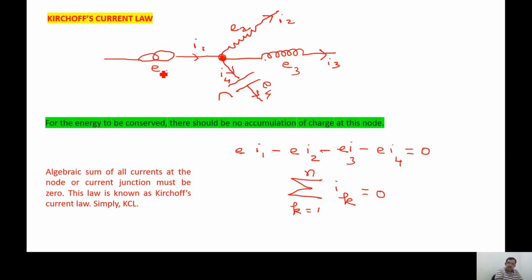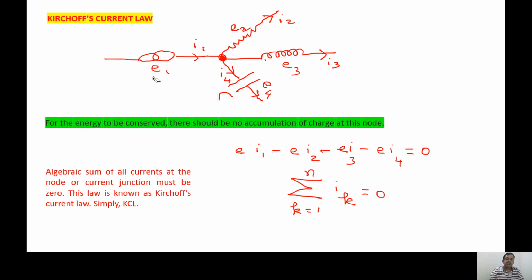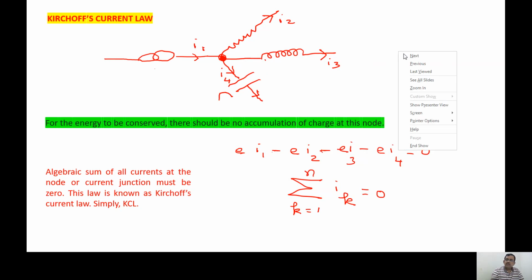Even though I wrote the source that is producing it, just to ensure that you don't get lost there, I will remove E1, E2, E3, E4, so that you don't lose track. The potential at this point only, you must pay attention. So let me write that very clearly. I'll write it here. The potential